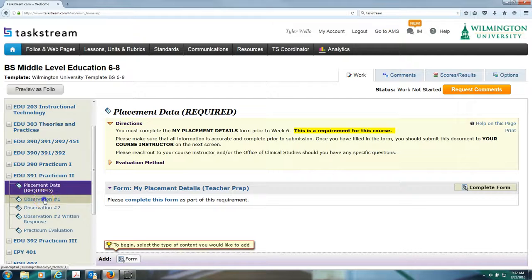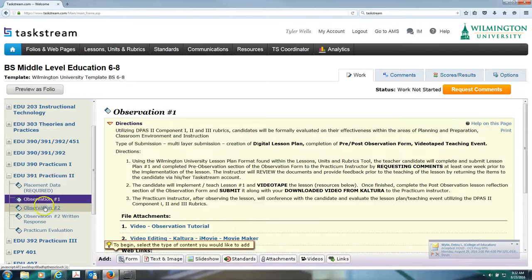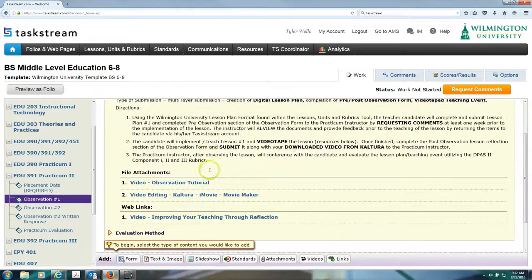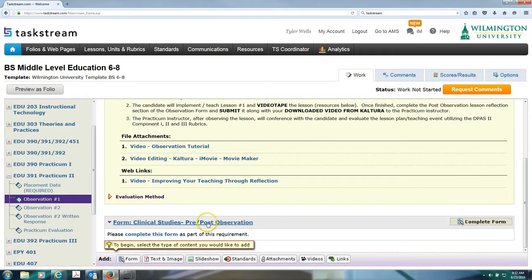You'll see that observation number 1 and observation number 2 still stay within the same framework and structure. There are no changes to the pre or post observation form, the directions. However, you will see the video tools for Kaltura that we did identify as the new area in which candidates